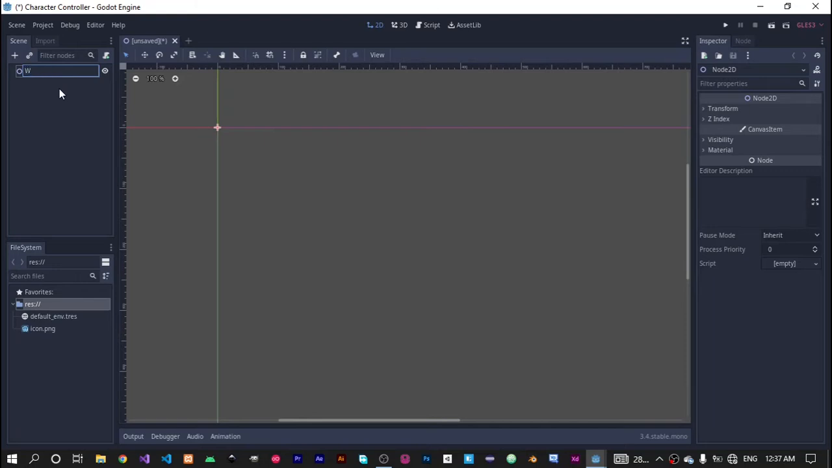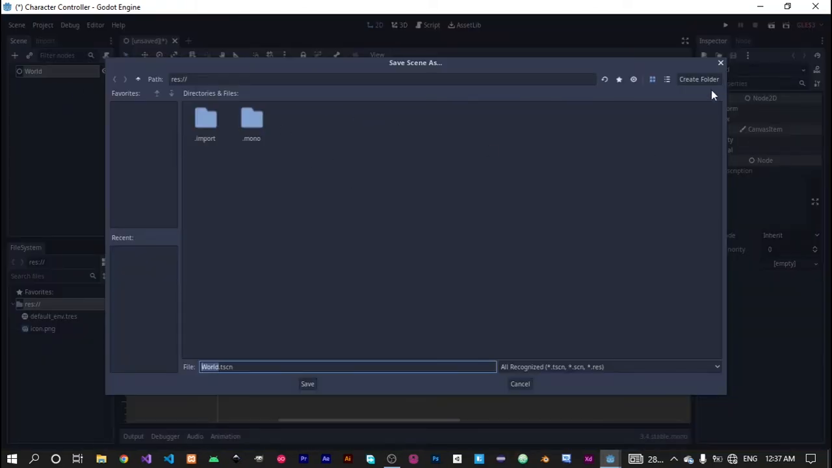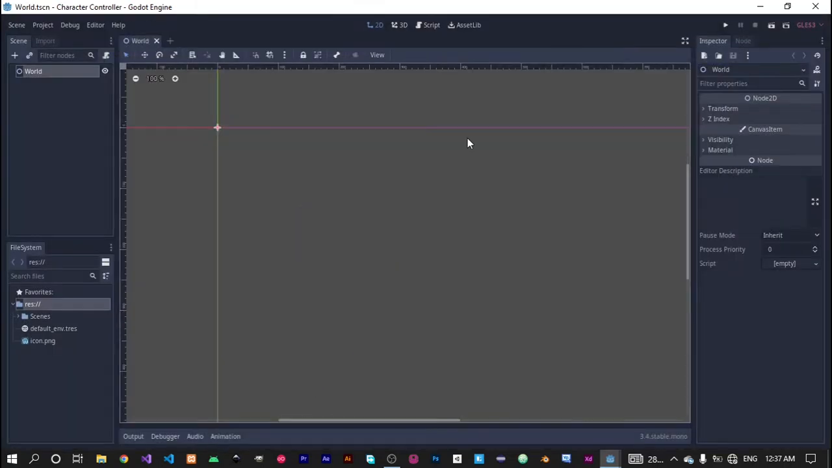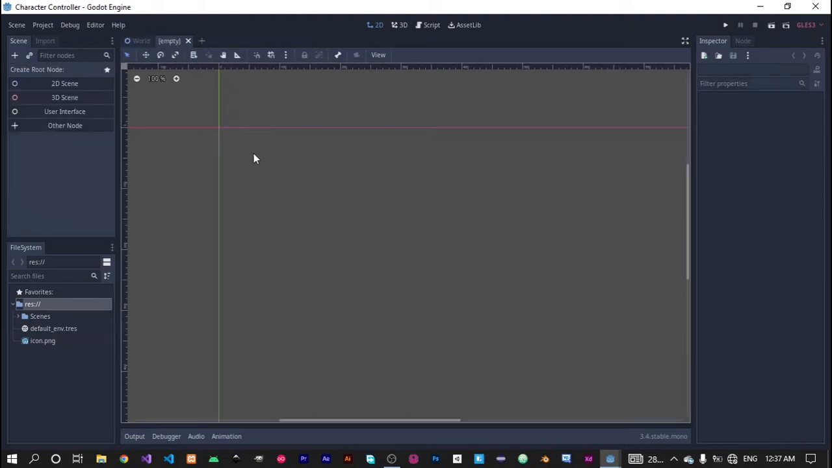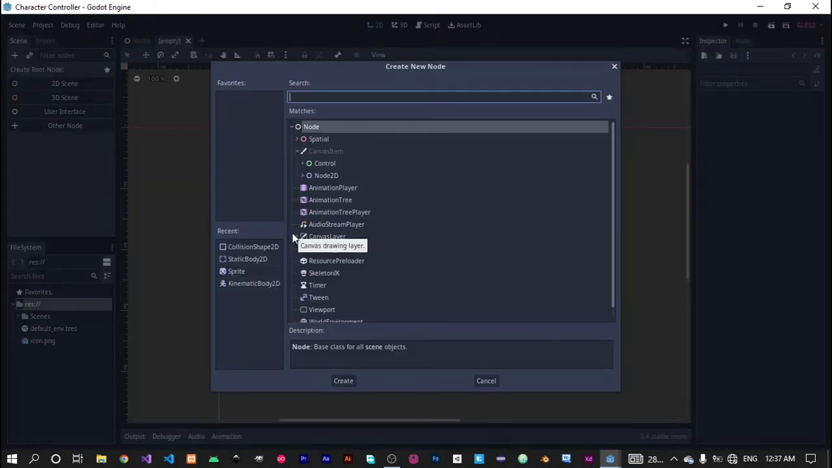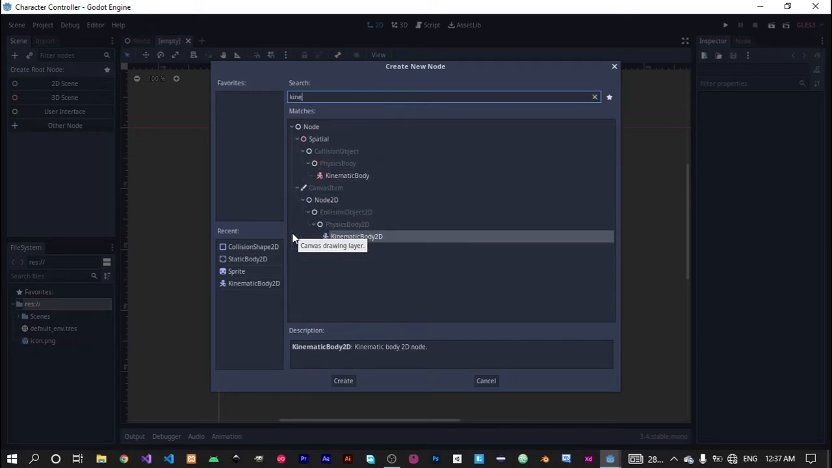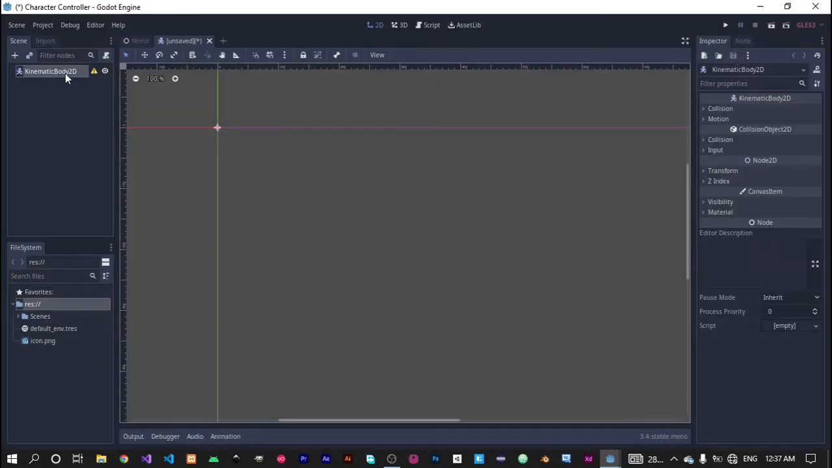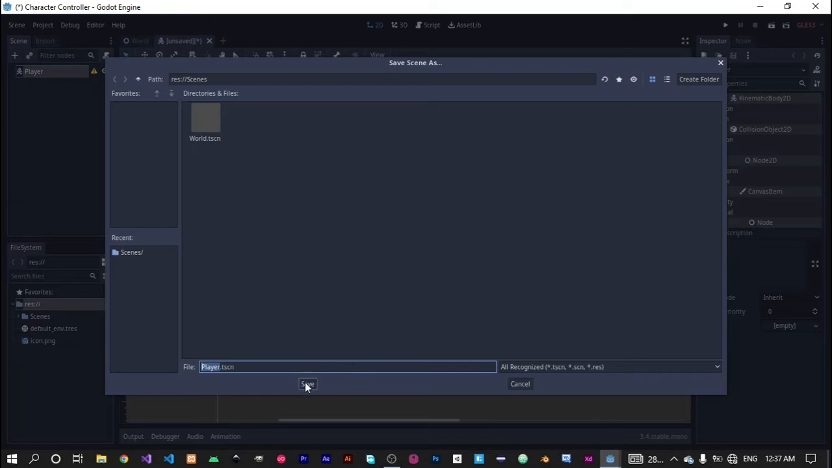I'm gonna name it world, and let's save it in a scenes folder and save it. Now let's create another scene, and this scene is gonna be the KinematicBody2D. Rename it to player, save it in the scenes folder,